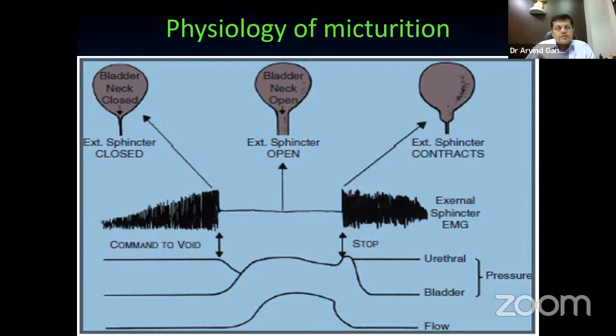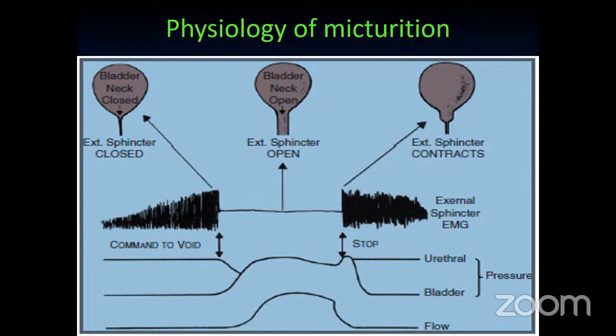external sphincter EMG tracings you will see whenever you have attached an EMG probe in the event of voiding, that is during the physiology of micturition. So you see that whenever the external sphincter is closed, there is a lot of activity on the EMG. But whenever the sphincter opens up and the bladder neck contracts, it should be silent. So just to remember that whenever there is DSD, actually there should be a complete silence whenever the patient is passing urine, but here there is a lot of activity. So one thing that you have to remember is you can just have a mental picture of what you are seeing in this particular thing to understand the activity of external sphincter on EMG.